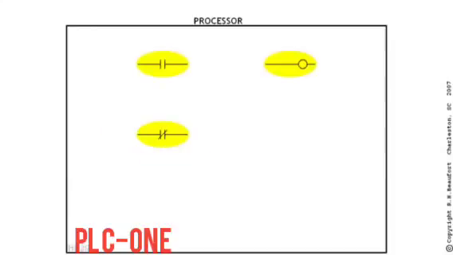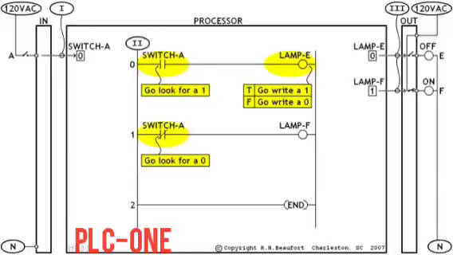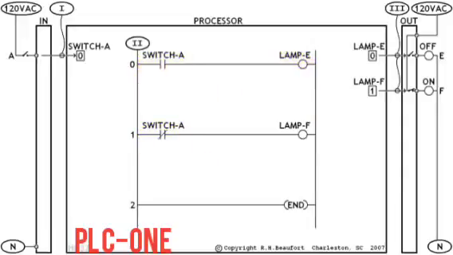Here are the three basic instructions that we set out to cover, and here they are, each with its own simple rule. And now that we've got these three basic instructions covered, it's finally time to pull together everything we've learned so far and see how it works in the top two rungs of our walkthrough program. We'll start with switch A in the off position and see what's going on in the processor several hundred times